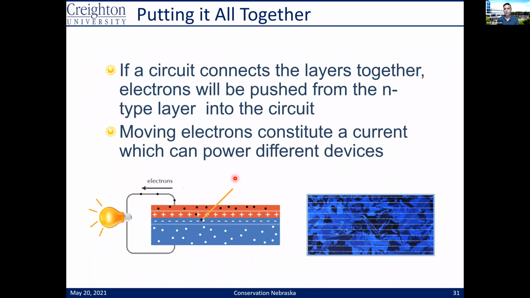So if we connect a wire across it, bam, now the electrons have somewhere to go. All these electrons that have collected on the n-type side that don't really like each other, right? Because negatives repel each other, but they're stuck there because of this PN junction, spill out through the wire and they create a current. So that was your 10-minute lesson on how a solar cell works. So I hope you learned something from it. But this is really the basics of how we produce a solar cell.